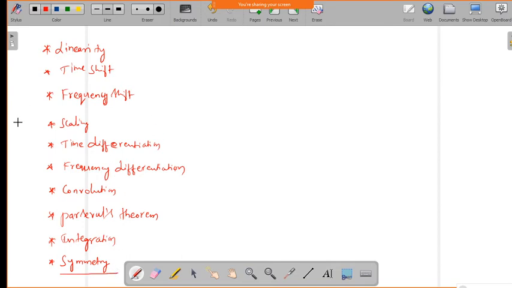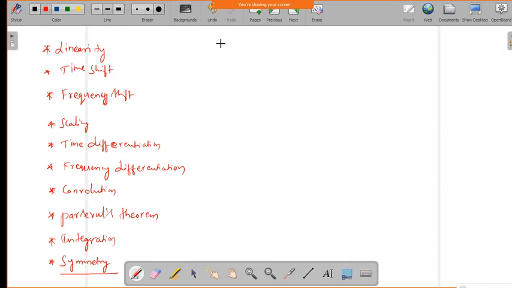Okay, so all of these properties having the Fourier transform which is possessed. Okay, so now I will show some of the properties and I will give assignment as some other properties. You try to do it and submit it. Okay, so first one, if you take the linearity property.